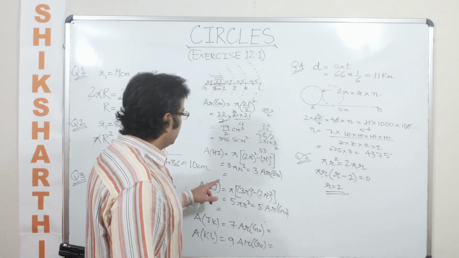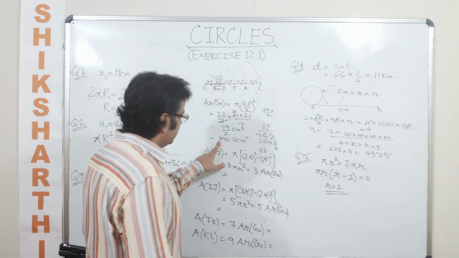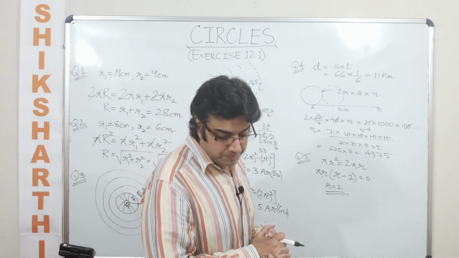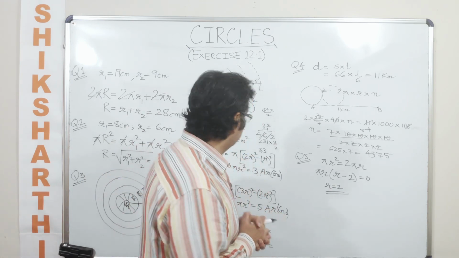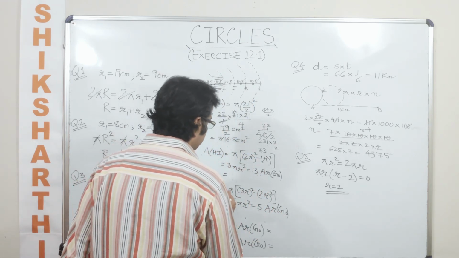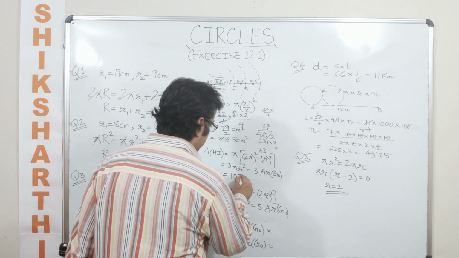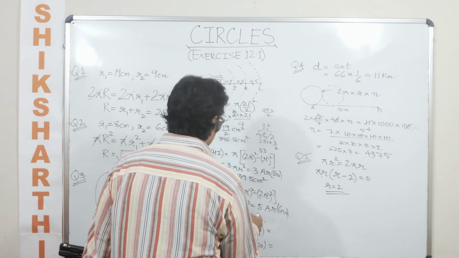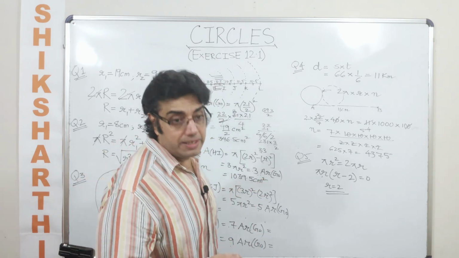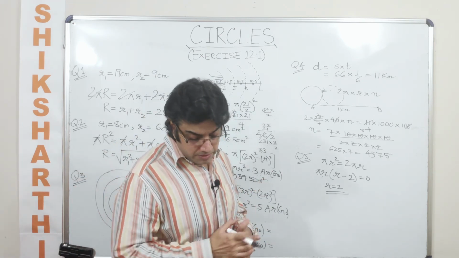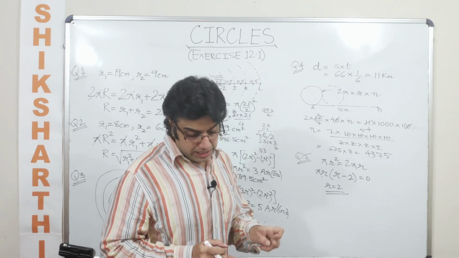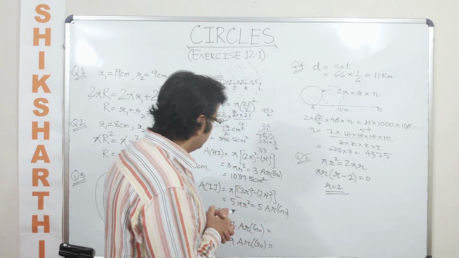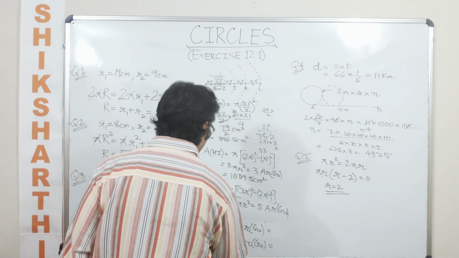Finally, now when I had to calculate this, and once I calculated this, now if I have to multiply it by a 3, so what is the answer that you are expected to get? So can I say this will be 1039.5 centimeter square, and when you are expected to multiply it by a 5, so which is the next area that you are supposed to calculate here, what is the answer that you are supposed to get here? So when I multiply it by a 5,